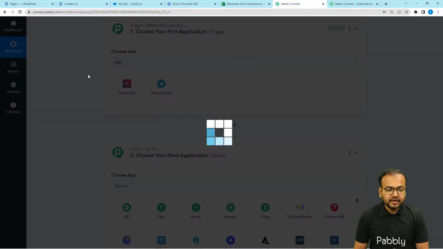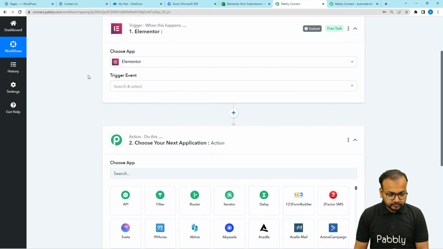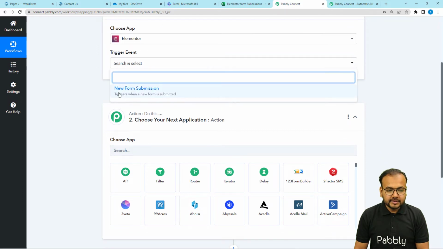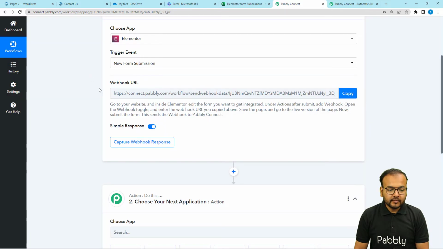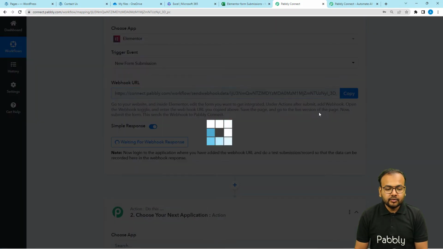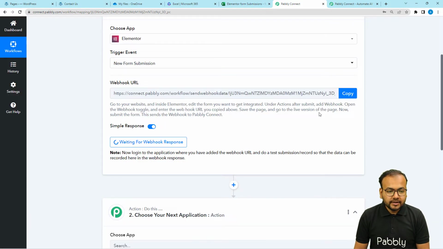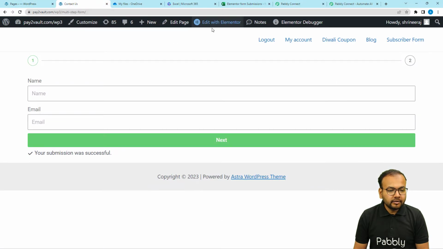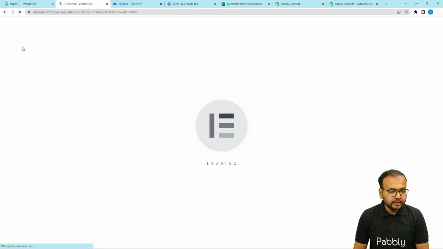Okay, so here guys, in the trigger window, you have to connect with Elementor form plugin of WordPress. So search for Elementor. Then you have to select the trigger event as new form submission, and it will provide you this webhook URL. So with the help of this, we are going to create a connection with Elementor form plugin. So for that to happen, you have to open your form, then you have to click on edit with Elementor, and the editor will open up of edit Elementor. Okay,